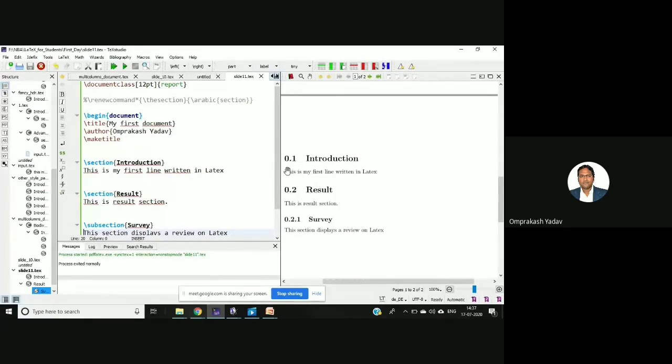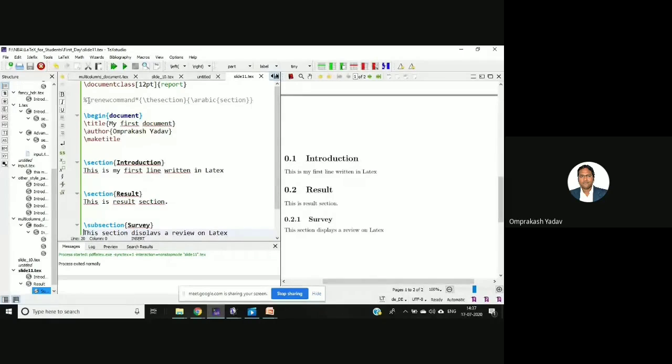Because in no paper you will be seeing this 0.1, 0.2 kind of numbering. Normally it's either in Roman numerals or in 1 or 2 formats, and then the normal syntax will be 1.2, 1.3 like this, and then the subsection will be 1.1.1, 1.2.1 like this.